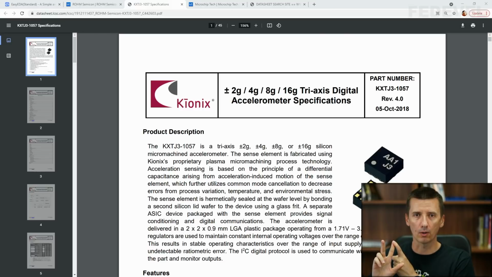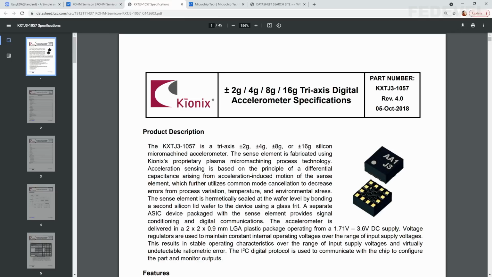We will need to know the address of the register where this ID is located, and also we will need to know the ID. We need to know if the number we read is the correct number, the expected number, what should be there. So let's find these 3 numbers in this datasheet.